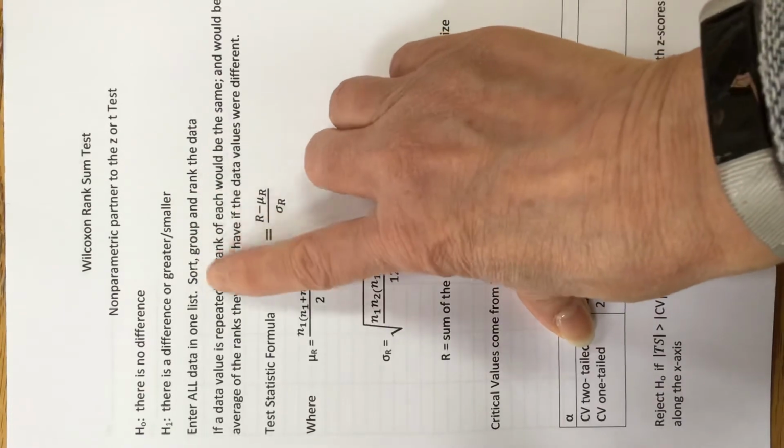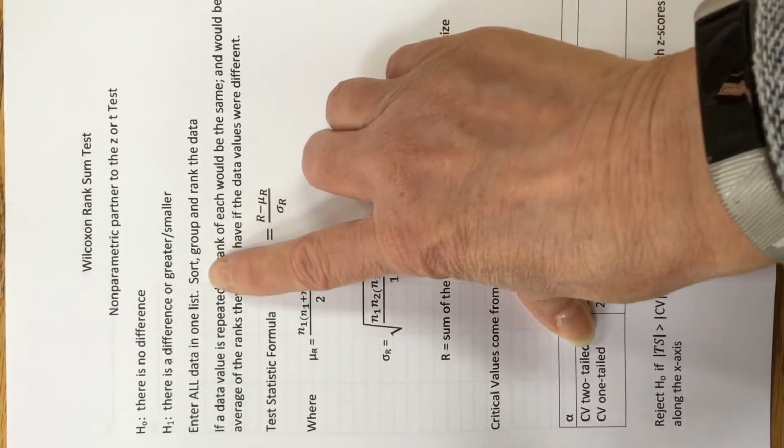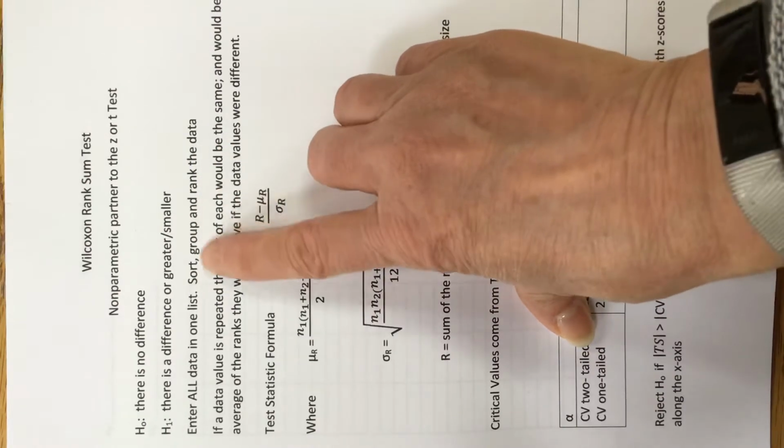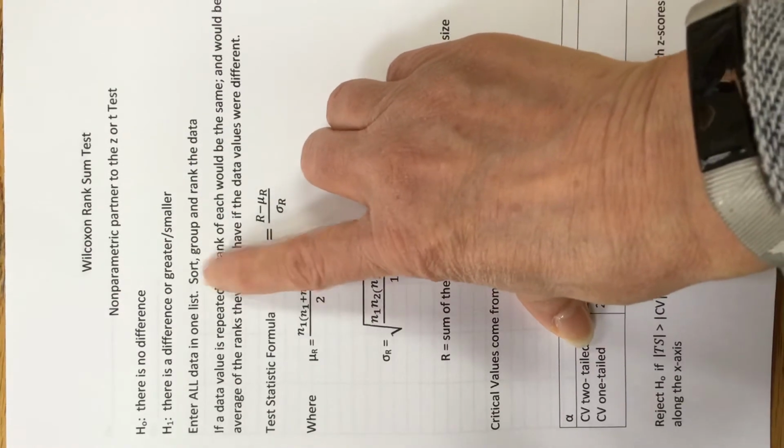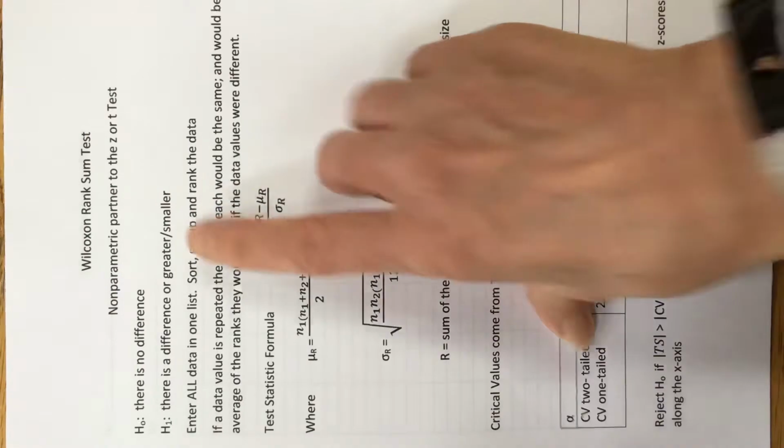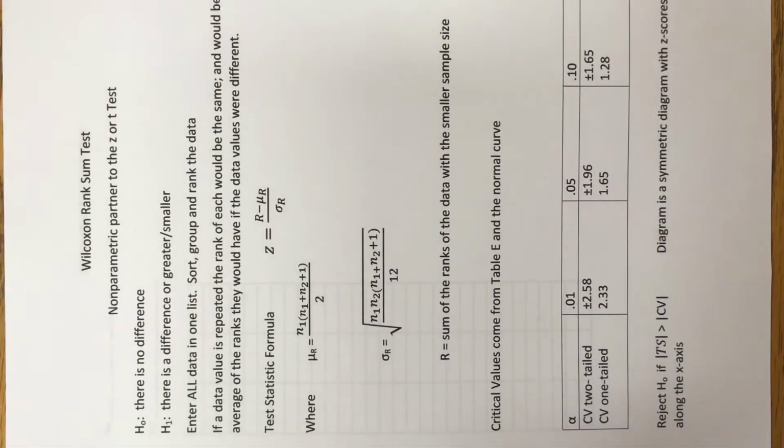I actually do them in sort, rank, group. You need to put the data and sort it in the first group. These two can be done in either way. So just a quick review